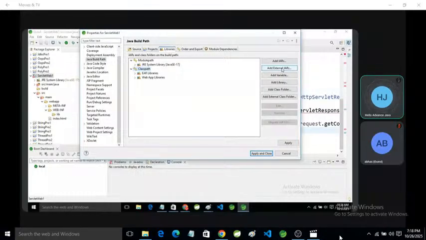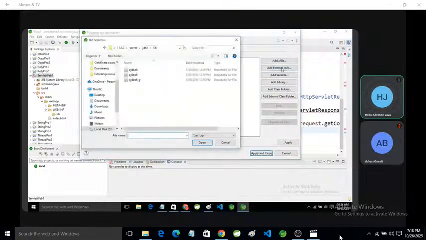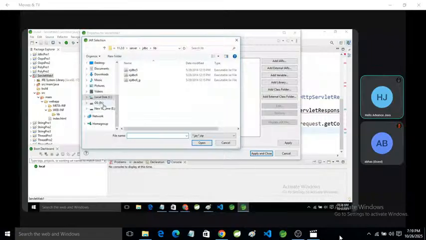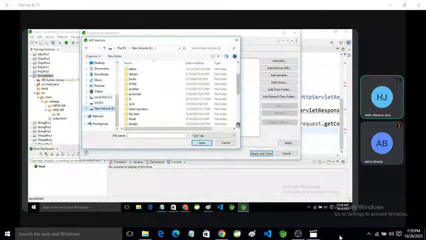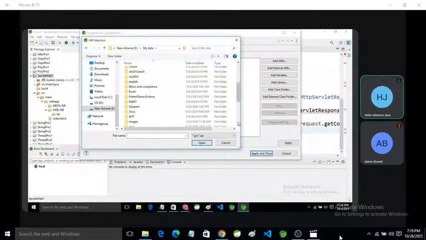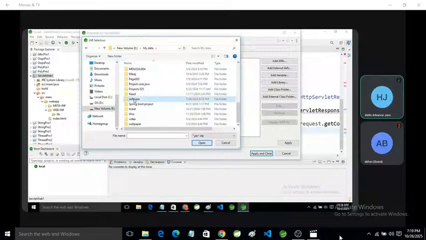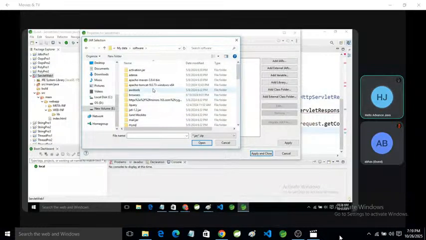Click on this button, add external JARs, and we need the JAR file of the server. My server I have already saved in a software folder. My server exists here, Apache Tomcat 9. Open this folder.